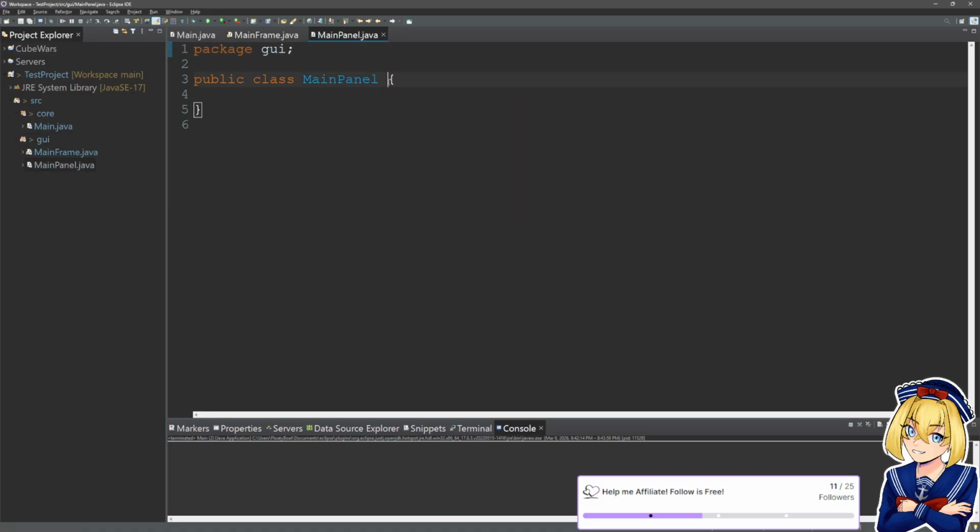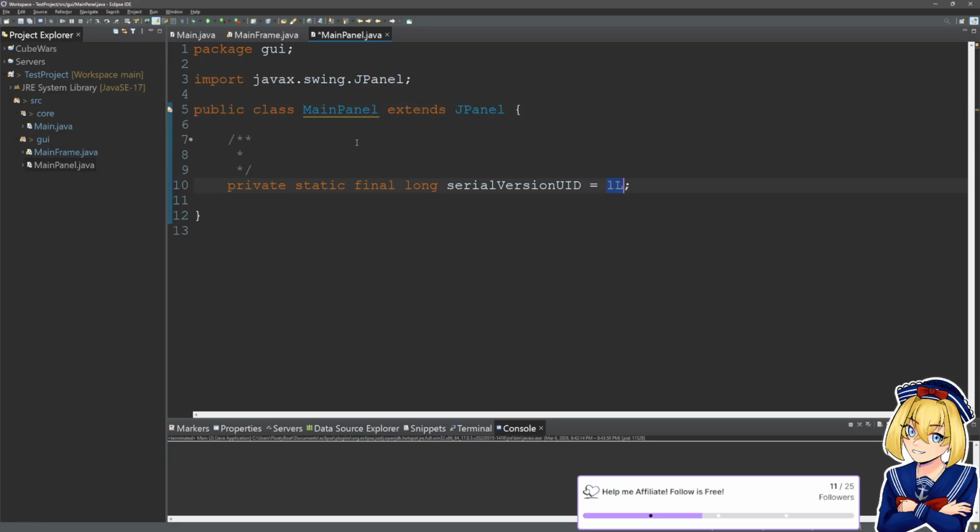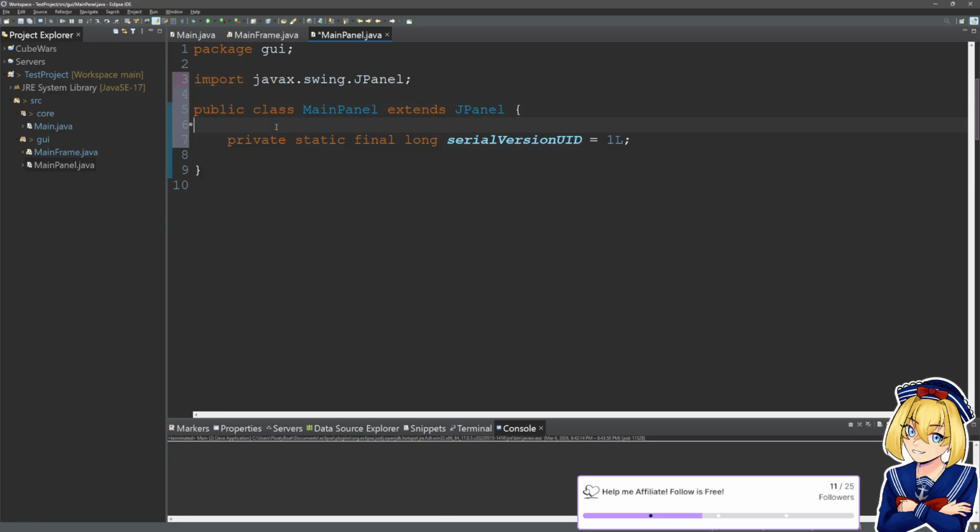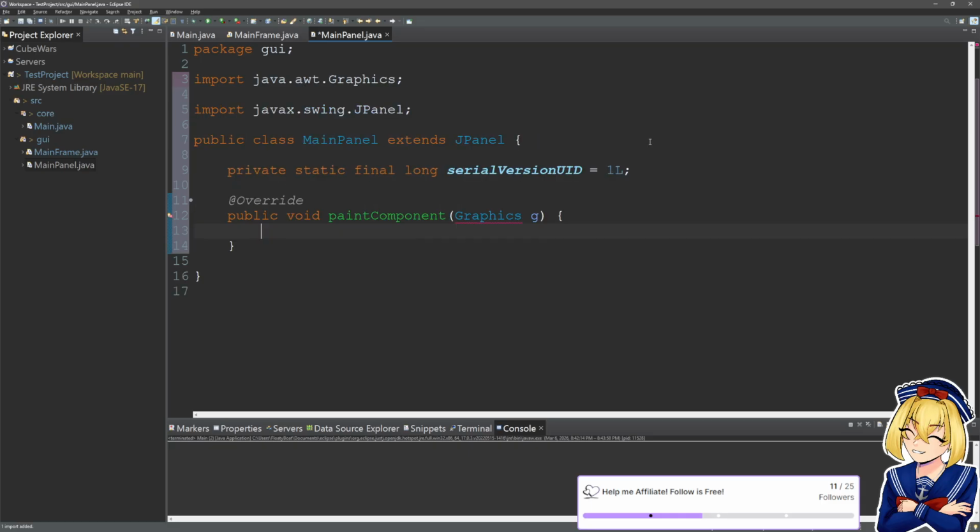We'll have it extends JPanel, import JPanel, add the default serial version, and then we're going to override the paint component method of this JPanel, similar to how we did with Cube Wars.